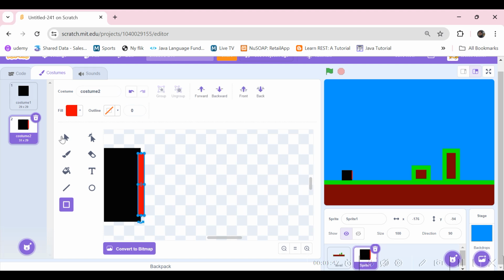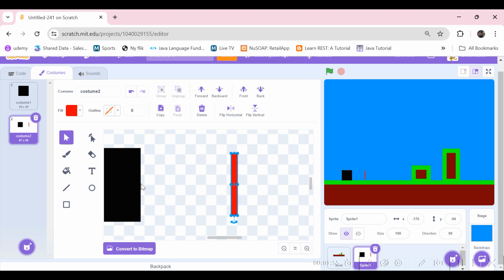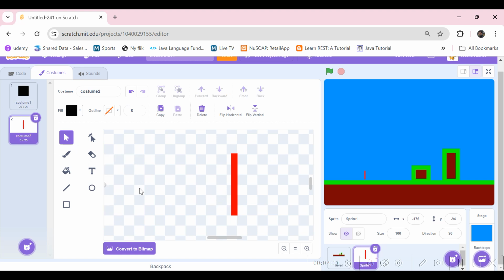Should not be taller than the AI. So let's just move it a bit here to the side. This should be enough. So whenever the obstacle touches this red rectangle or line, this AI will jump over these obstacles. So you can delete this black cube,